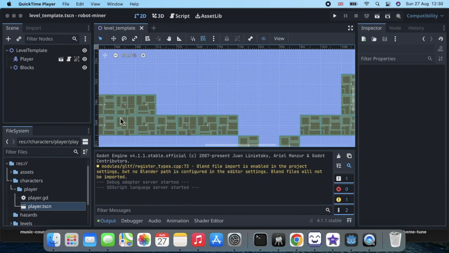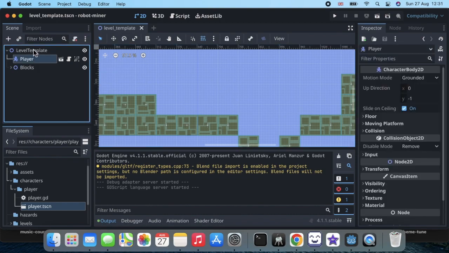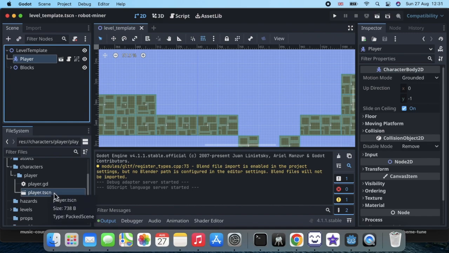Okay, let's add a camera to our player scene. What we want to do first is open the root player scene, okay? We don't want to do work on this scene here that's in the level template, because that is just an instance of our main scene here. So if we go into our file system and open player.scene,